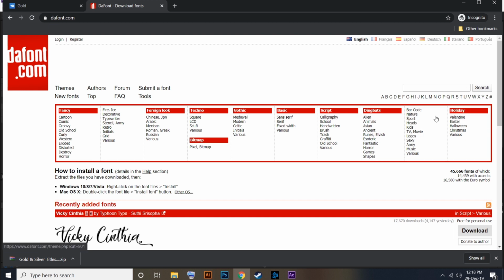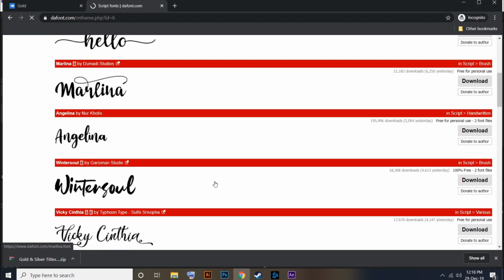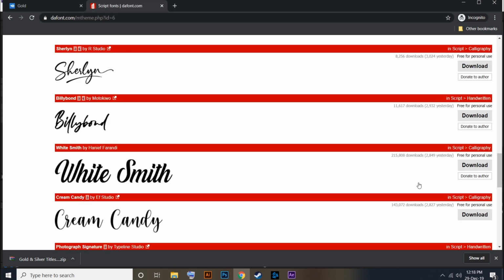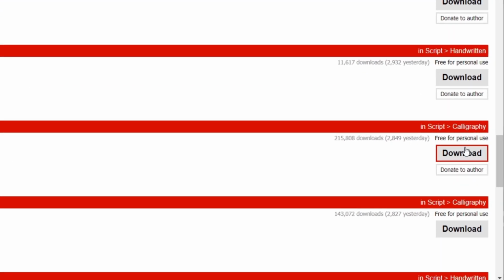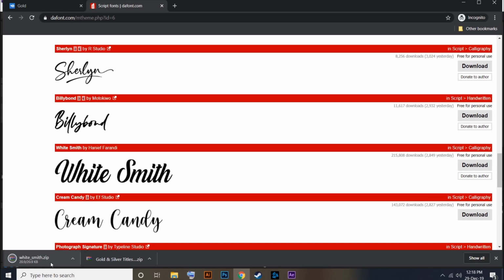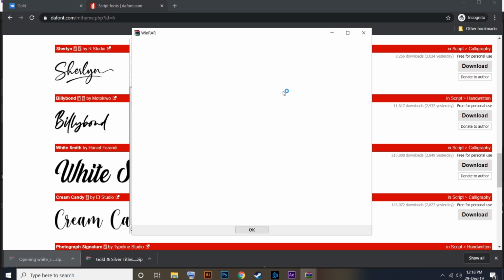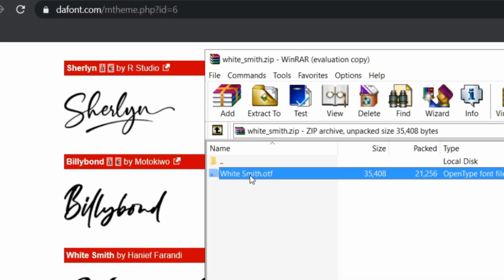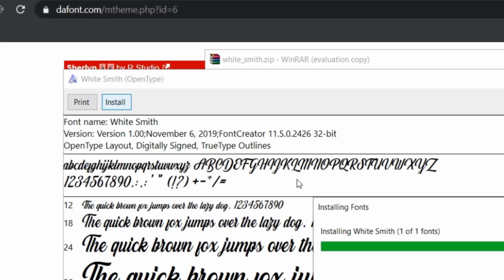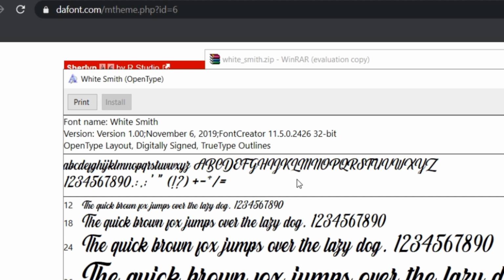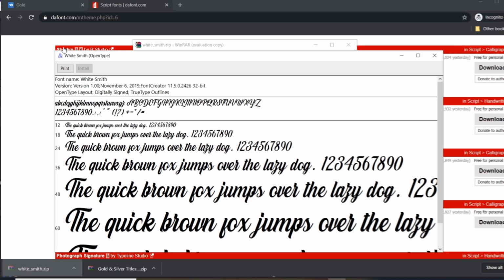So here you can click on script font if you want to follow this tutorial, or you can download any font that you like. I'm gonna go with Whitesmith. So it says free for personal use. So you don't even have to buy the rights or anything like that. So once you have it downloaded, just click it open and double click to install. Once installed, just make sure you remember the name of the font